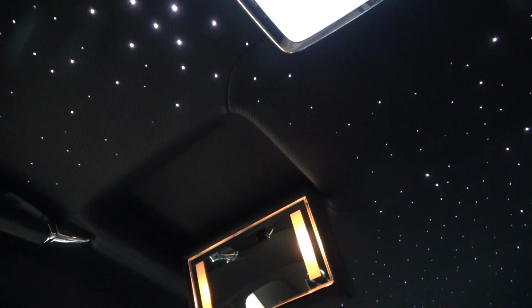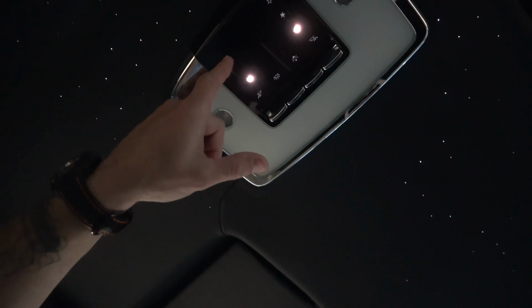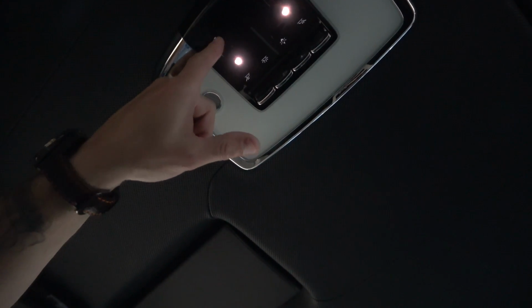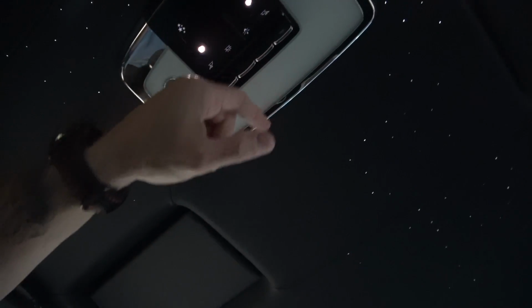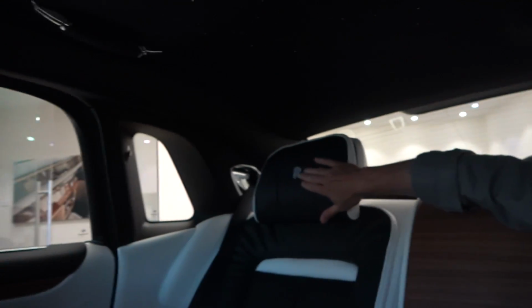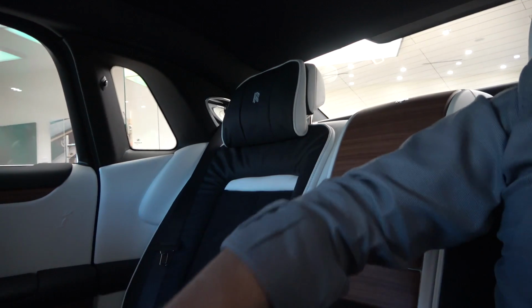Starlight's amazing. I've got something up here. What do we got? Oh yeah, a vanity mirror. Both sides have them. So let's turn the starlight on and off here. And, oh, don't know if you caught that, but there's also some shooting stars. On the headrests, it's got some soft pillows on it, and I imagine,